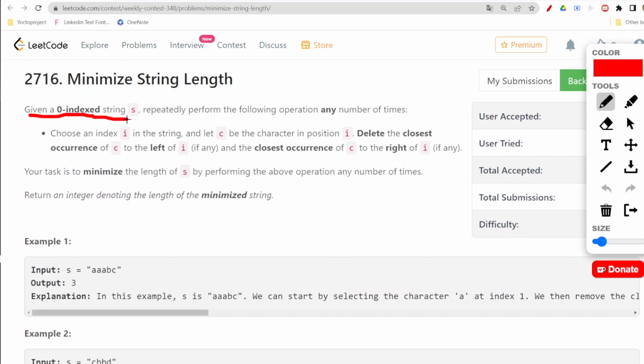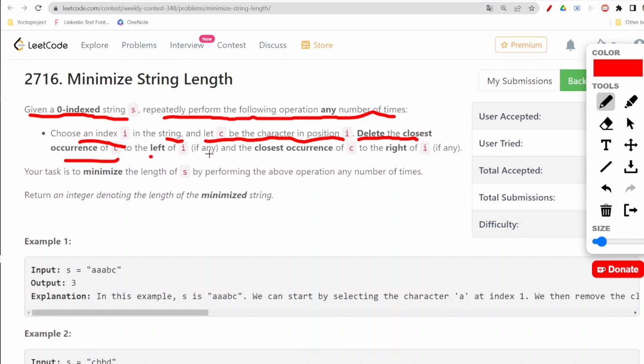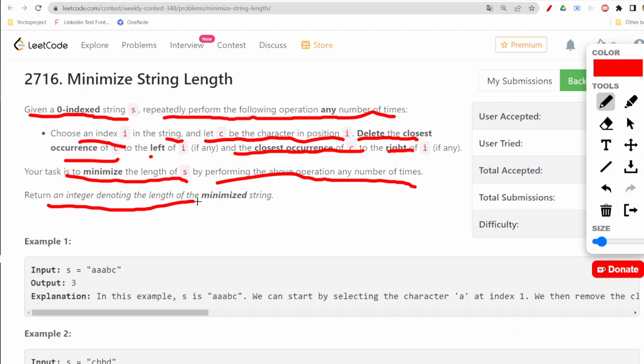Given a zero-indexed string S, repeatedly perform the following operation any number of times. Choose an index I in the string and let C be the character in the position I. We need to delete the closest occurrence of C to the left of I, if any, and the closest occurrence of C to the right of I, if any. Our task is to minimize the length of the S by performing the above operation any number of times. Return the integer denoting the length of the